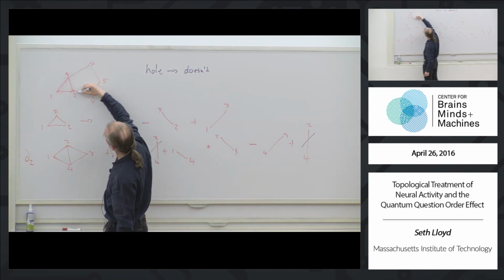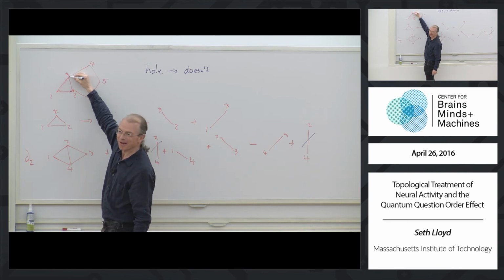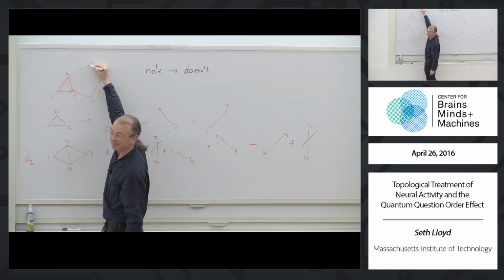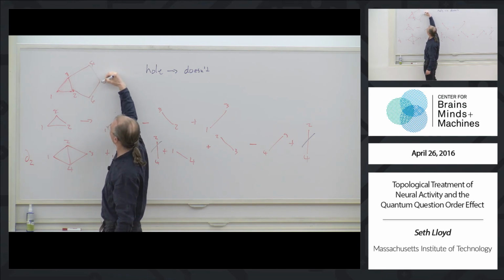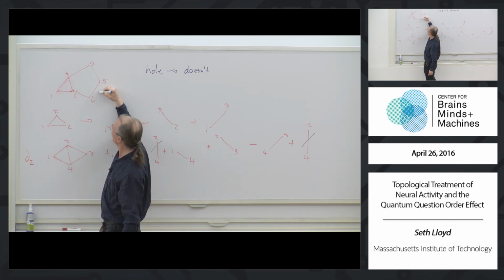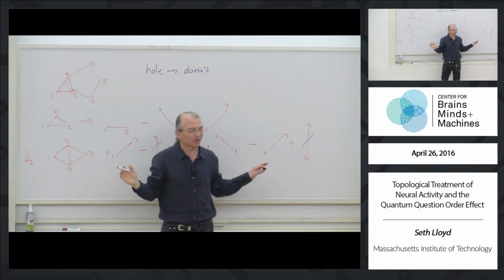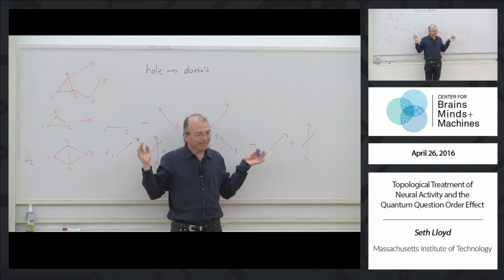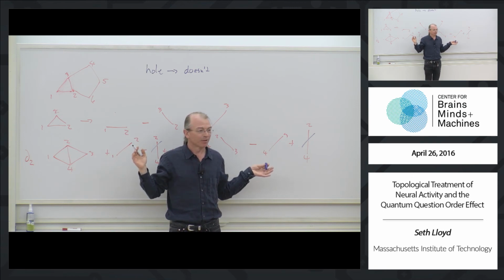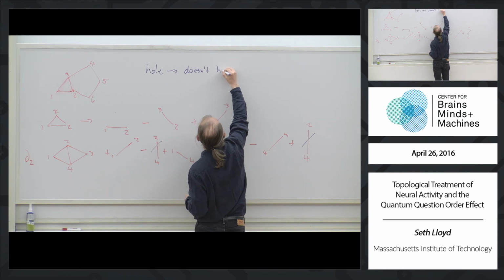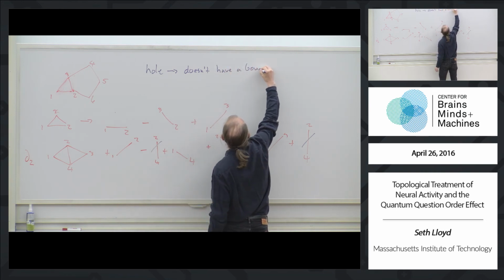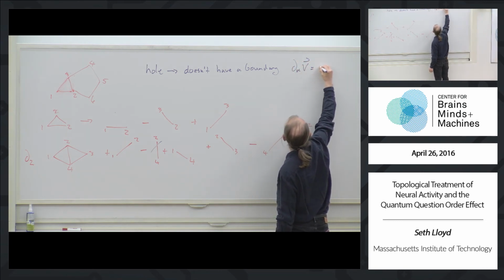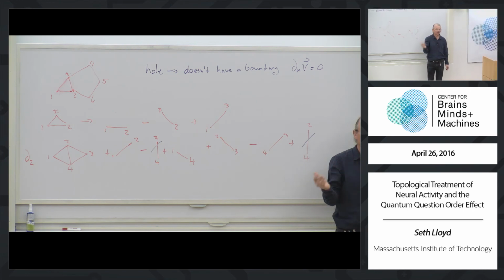So if I go around this right here, there's no boundary. The boundaries are each point. So when I go 3 to 4, I get 3 minus 4, plus 4 minus 5, plus 5 minus 6, plus 6 minus 2. All of those points cancel out. A hole, or more generally a void or a connected component, doesn't have a boundary. So it corresponds to a vector such that dk of this vector is 0: no boundary.